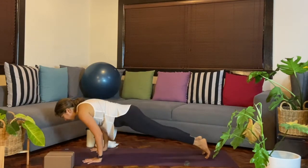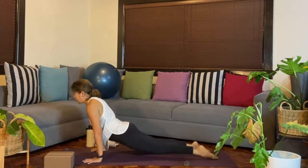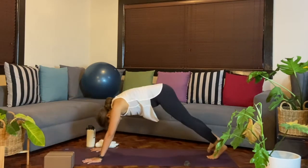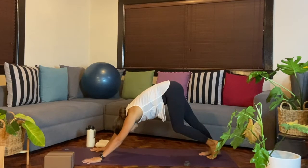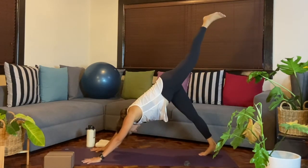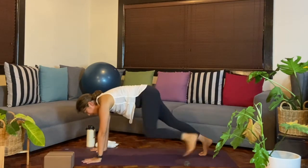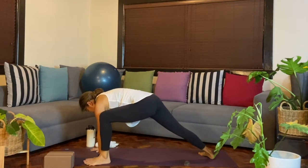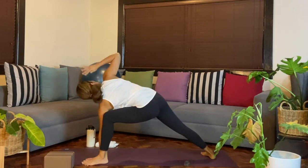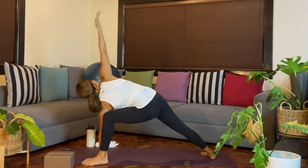Then as you exhale, you can transition if you like. Inhale here. And then making our way into downward facing dog. Trying that on the left side, left leg lifts up. We'll step it again, outside of that left hand, right foot, anchor it down. Okay, and then from here, we'll turn the chest towards the right side, right arm lifts up, and then over